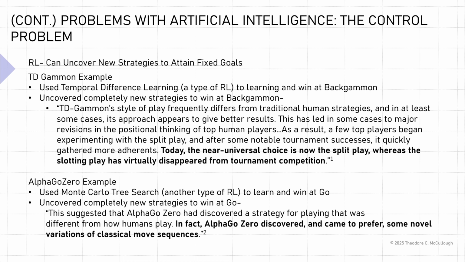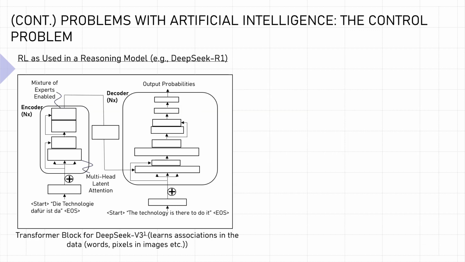So reinforcement learning can give rise to completely new strategies to attain or meet certain types of goals that folks had never thought about before. And this is really one of the advantages of reinforcement learning, that you have new strategies as opposed to fixed strategies. So how does reinforcement learning apply to the large language models or chat agents that we've seen over